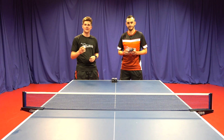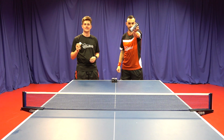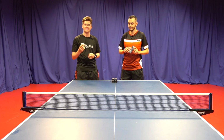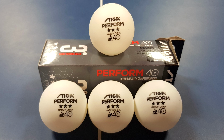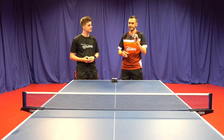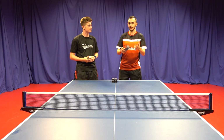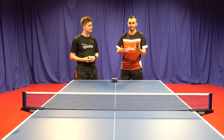We're going to take a look at the new STIGA Perform 40 Plus plastic ball. The older generation of plastic balls use a material called poly. These new balls use a material called ABS. So this new ABS material will obviously have a slightly different feeling. We're going to test the roundness, hardness, the durability and the general feeling in match play and gameplay with